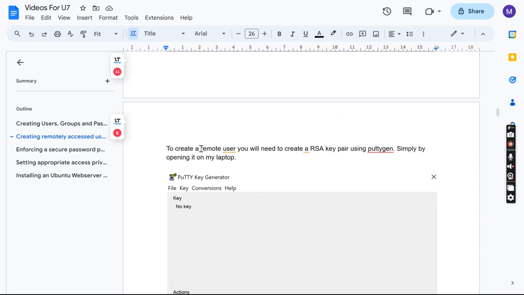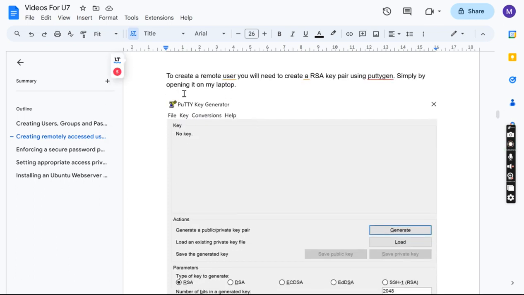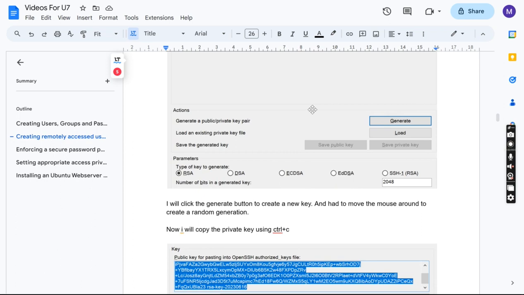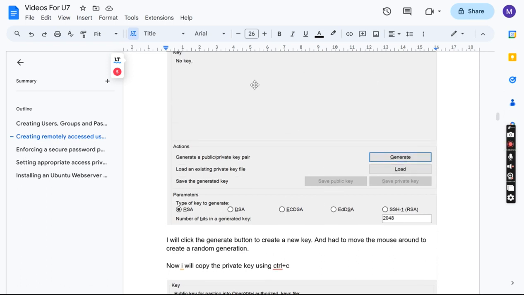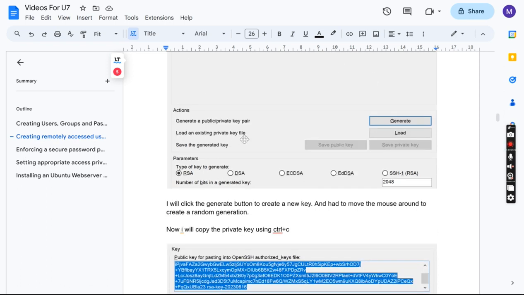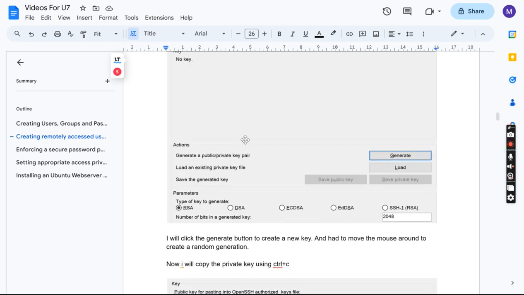that being Mark Campbell. To create a remote user, you need to create an RSA key pair using PuTTYgen, simply by opening it on my laptop. As you can see here, I've opened it. I will click the generate button to create a new key. I have to move the mouse around this area to create a random